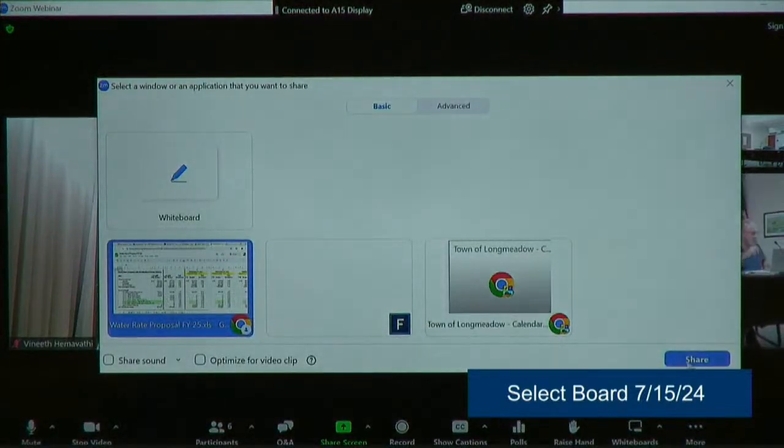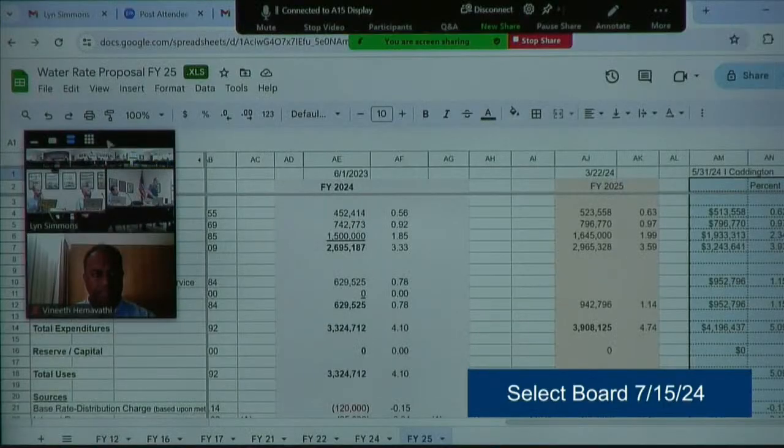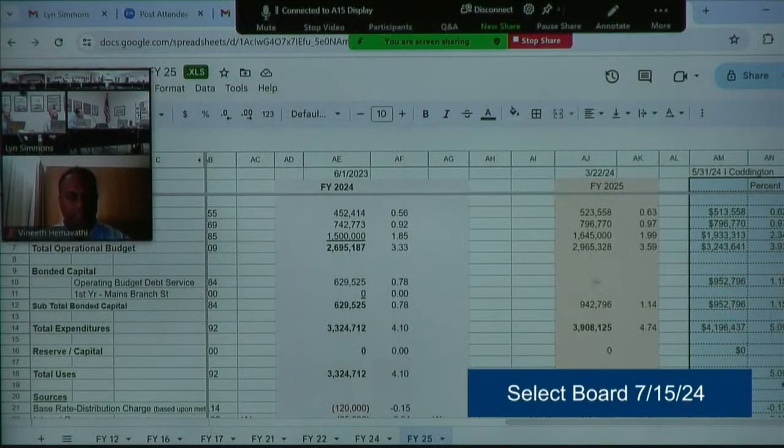Move all the way to the right. I hope that's the right one. I'll just speak to it anyway. If you move all the way to the right, Ian did a great job looking at the percentage increases of each amount. I don't know if that's the right one. Yeah, that's it. Go to the right if you can find. So Ian did a good job with the percentages, but I put down the dollars